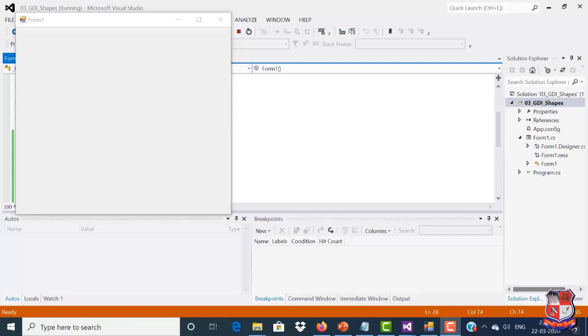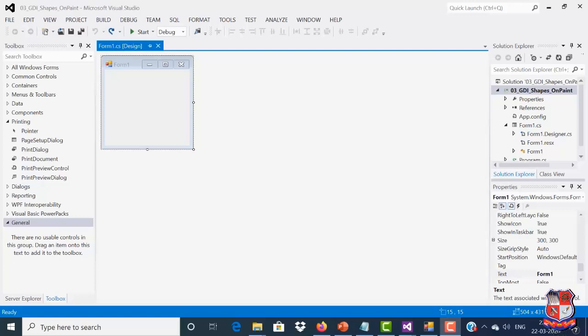It detects that a part of the window is hidden, and when the window is no longer hidden, it prompts the application that owns the window to draw its content again. We have kept the drawing logic in Form1's constructor. It is called only once, so the redraw will not work. We can overcome this problem by writing logic in the OnPaint method of the form. As we showed, to overcome this problem we have to use the OnPaint method. So we'll take an example for it.